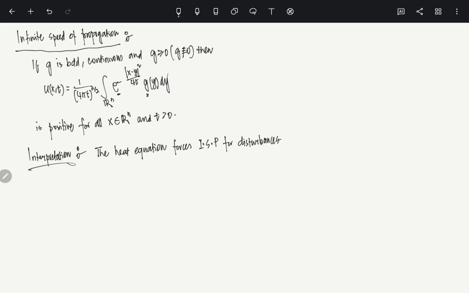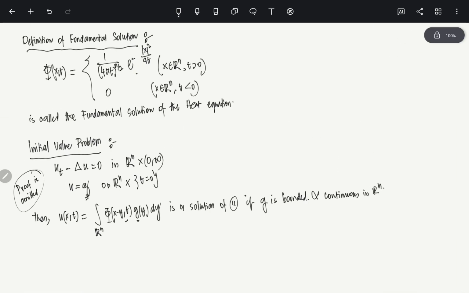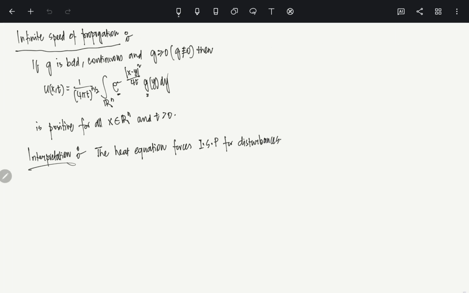Okay, what does it mean? It means that if the initial temperature, see, this is nothing but the initial temperature. U is the temperature, right? So if the initial temperature g is positive, is it okay? Then basically this says that if the initial temperature, g is the initial temperature, so at the time t equals 0, the temperature is non-negative. G is non-negative,